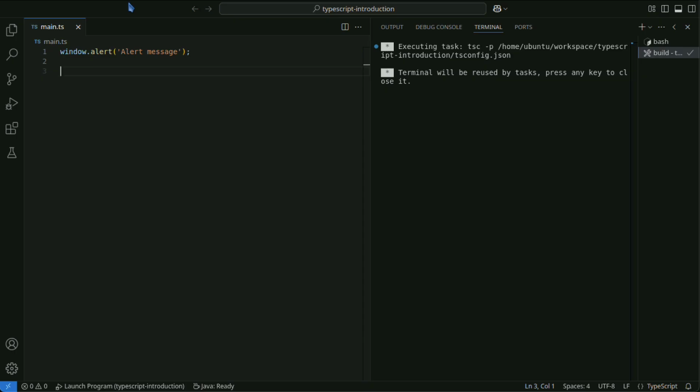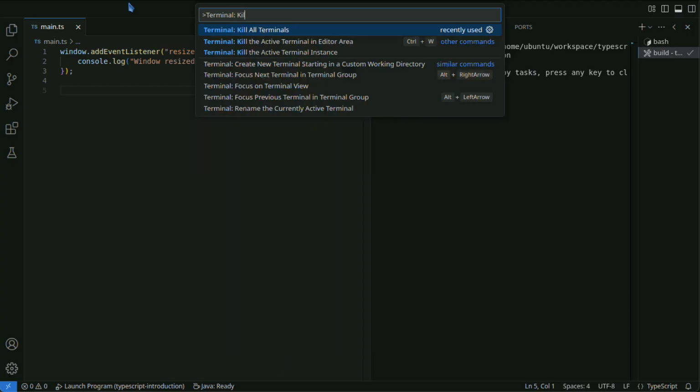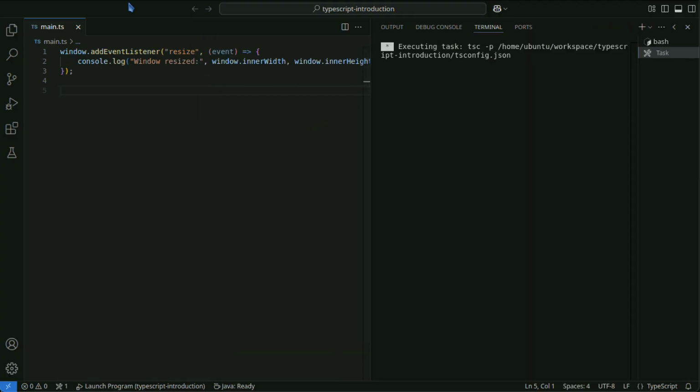Since window is part of the DOM, you can also listen to events directly. In TypeScript, types are auto-completed, so using incorrect event names or properties will cause errors. This code outputs the new width and height to the console when the window size changes.